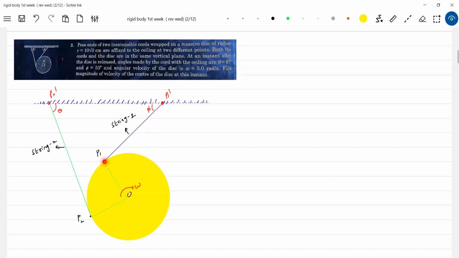Why it should be zero? The velocity of point P1, if it is L,